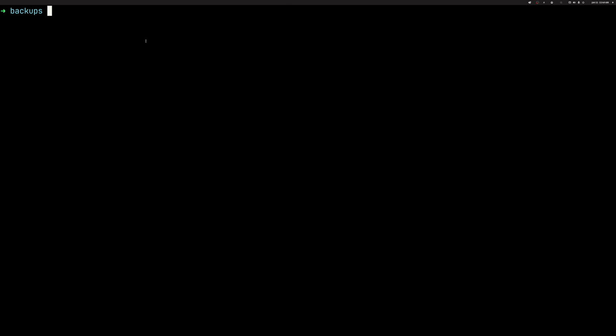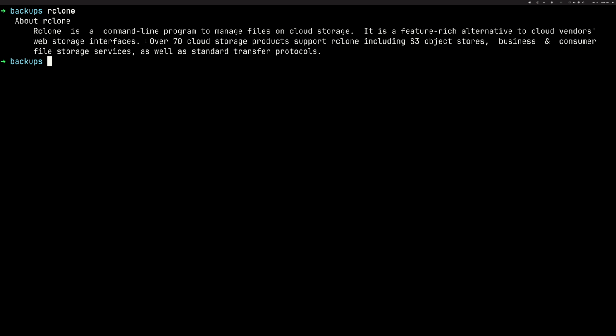Okay, so we have backed up with Restic and restored with it. Let's move to another tool, Rclone. Rclone is a program that manages files on cloud storage. It's specifically designed to take files between cloud storage and your local drive and to move them around, copy them around. Very feature rich, and it's an alternative to cloud vendors' web storage interfaces, which is really cool because you